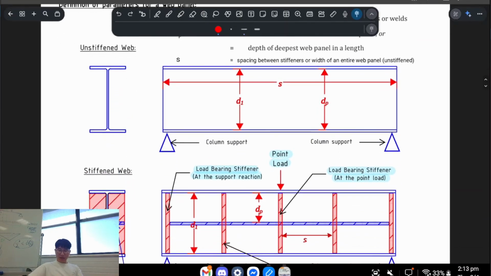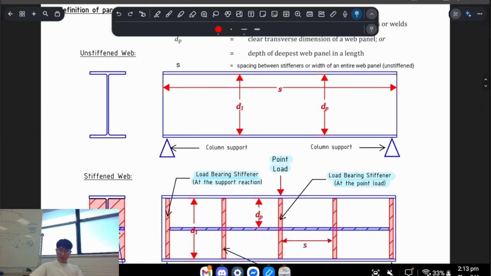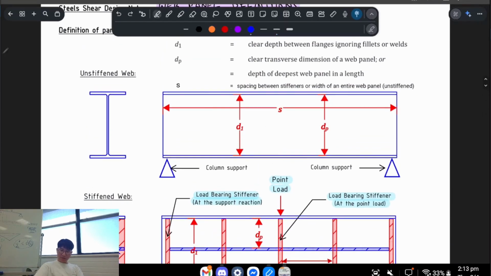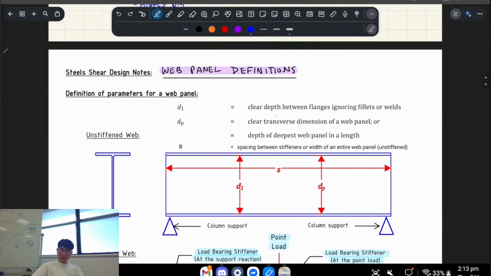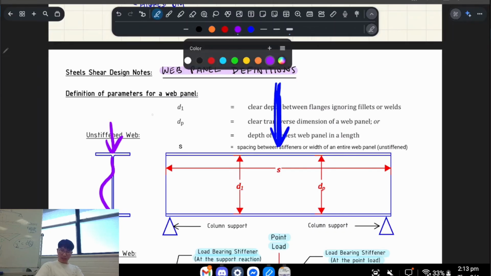There's a few reasons. The first one is you want to resist bearing. So you know how I was talking about the point load from earlier? Imagine a point load on this beam that's really, really high, for example. What happens is that this beam actually wants to buckle, right? Do you know what I'm saying? If it's really slender, like the web. And so what you might want to do in that case